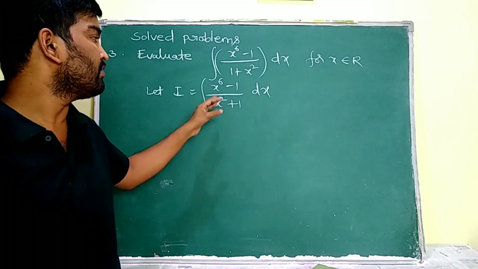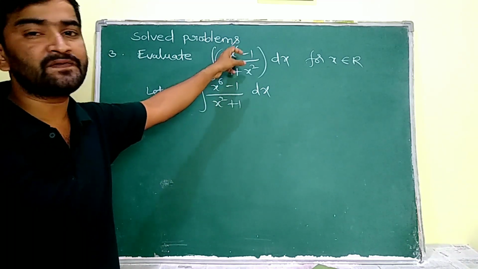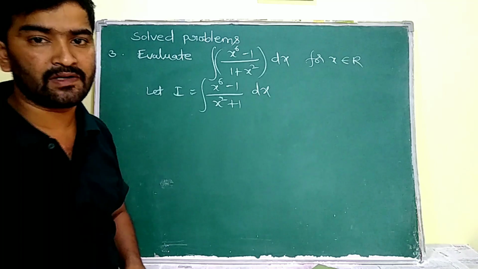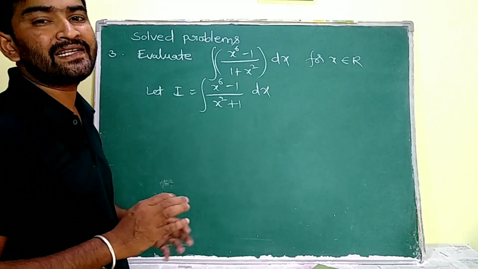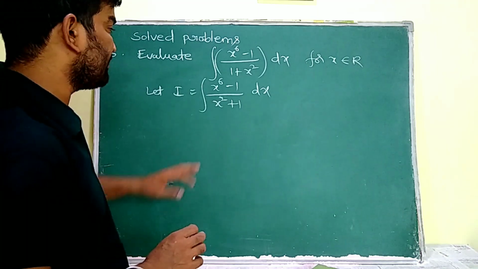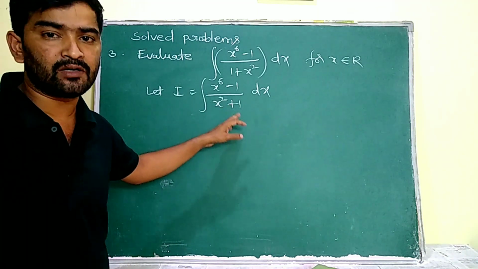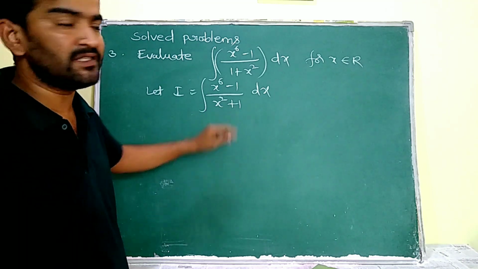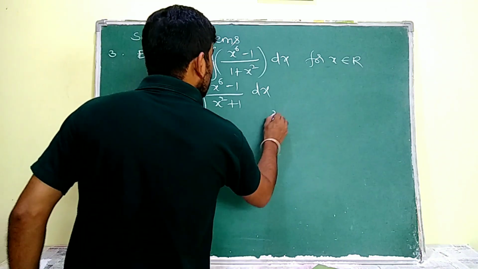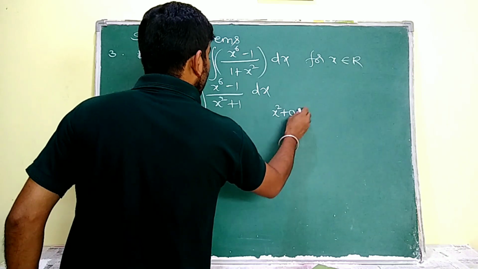That is why now I am going to divide x power of 6 minus 1 with 1 plus x square. Whenever we want to divide polynomials, we arrange them into a standard form. That means we have to see whether every term is there or not. See, here x square term and constant term are there, but the x term is missing, so I am going to write 0 in the place of the x term.